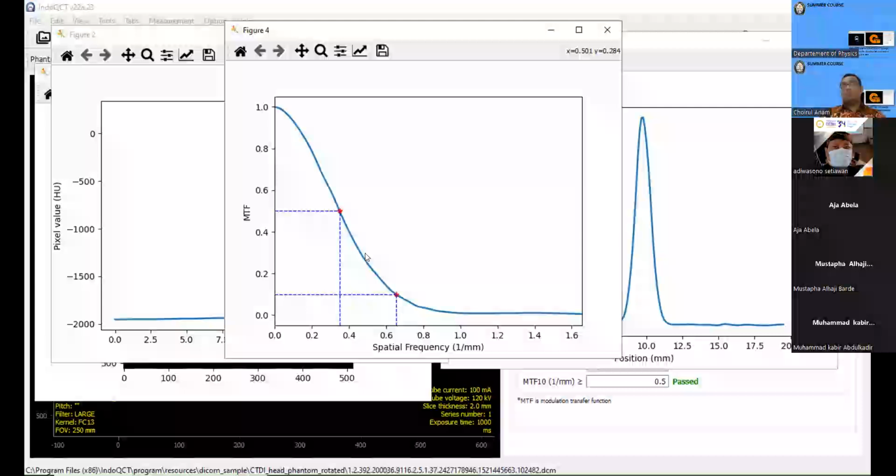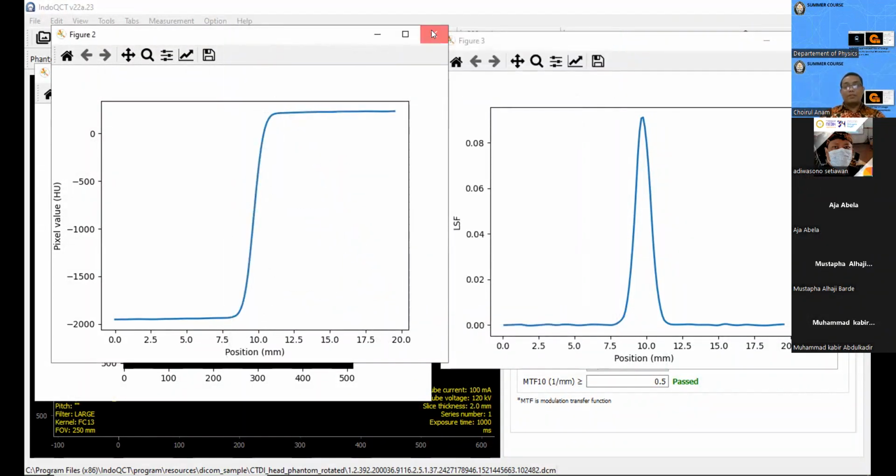But if we want to measure the MTF using a point phantom, the mA should be greater to avoid fluctuation because of noise. If we measure the MTF using a very low mA, the image will be noisy, and of course our MTF may also have fluctuation. It is not good for the result.